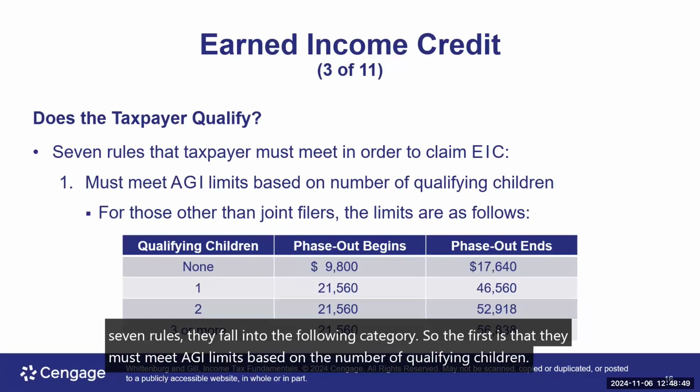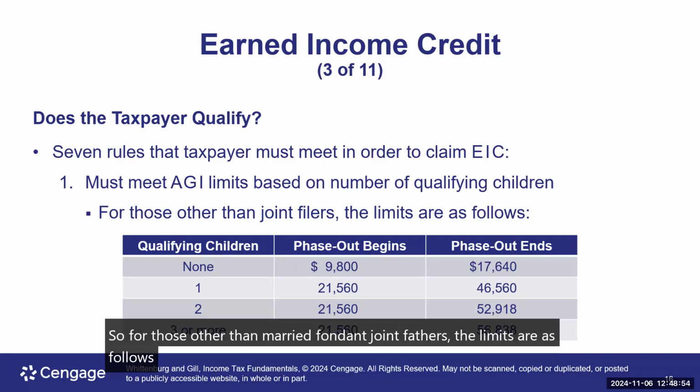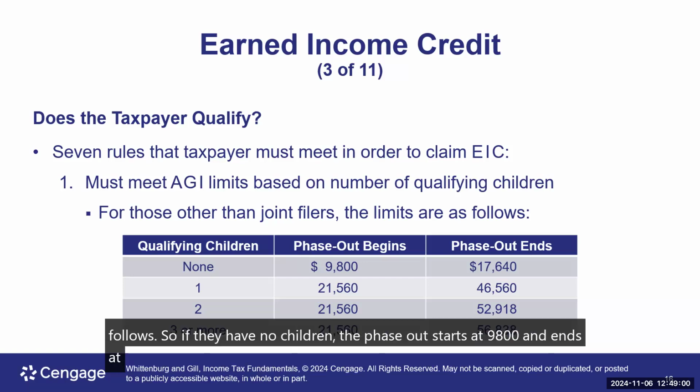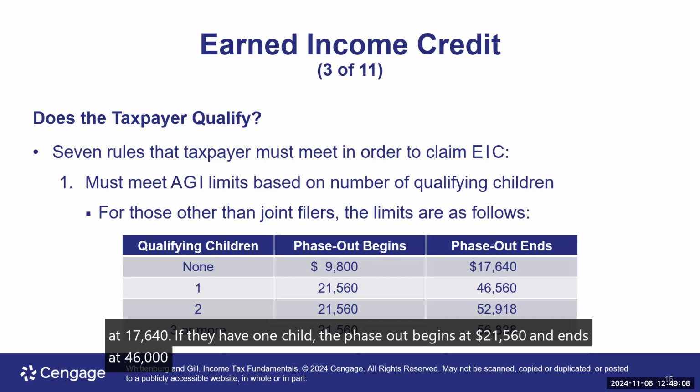So for those other than married filing joint filers, the limits are as follows. If they have no children, the phase out starts at $9,800 and ends at $17,640. If they have one child, the phase out begins at $21,560 and ends at $46,550. 3 or more children, $21,560 and phase out ends at